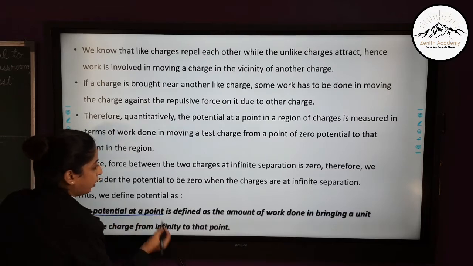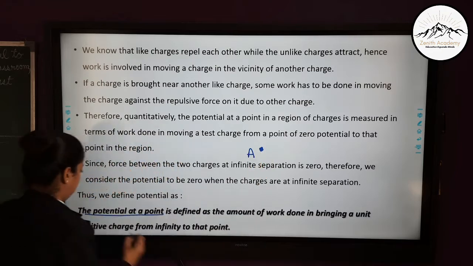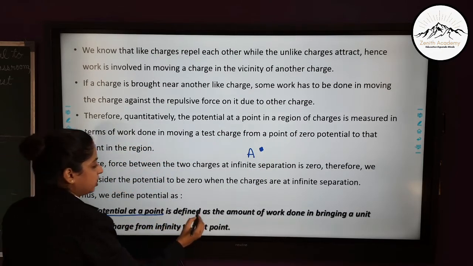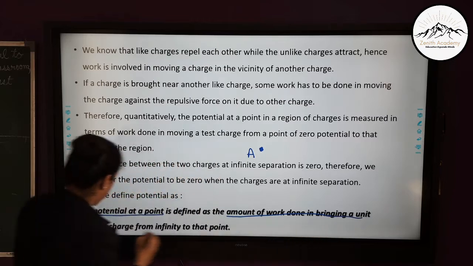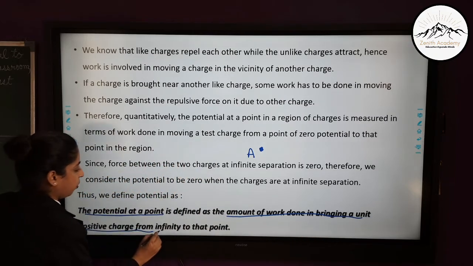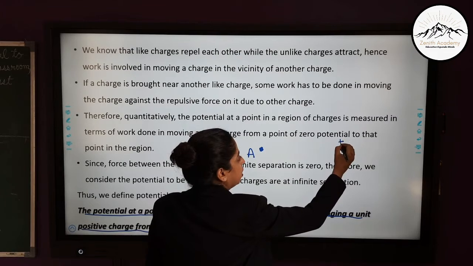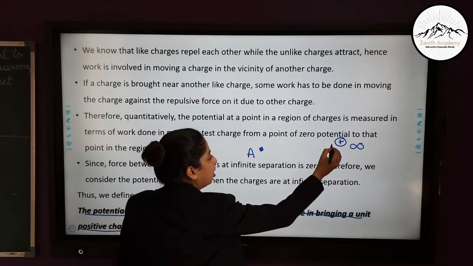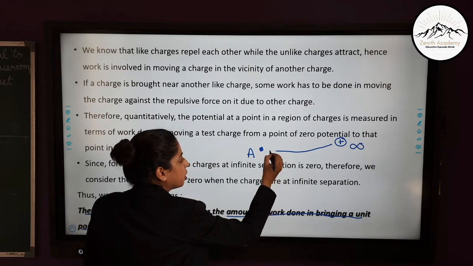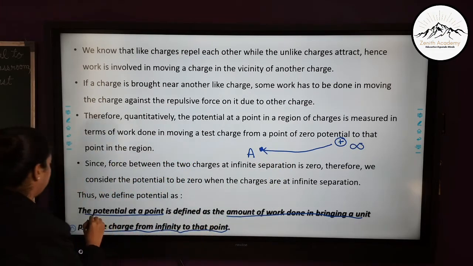Potential at a point. So, suppose this is a point A, and at this point we want to determine the potential. So, the potential at point A is defined as the amount of work done in bringing a unit positive charge from infinity to that point. Now, suppose another positive charge is here at infinity. Then the amount of work done in bringing this unit positive charge to this point